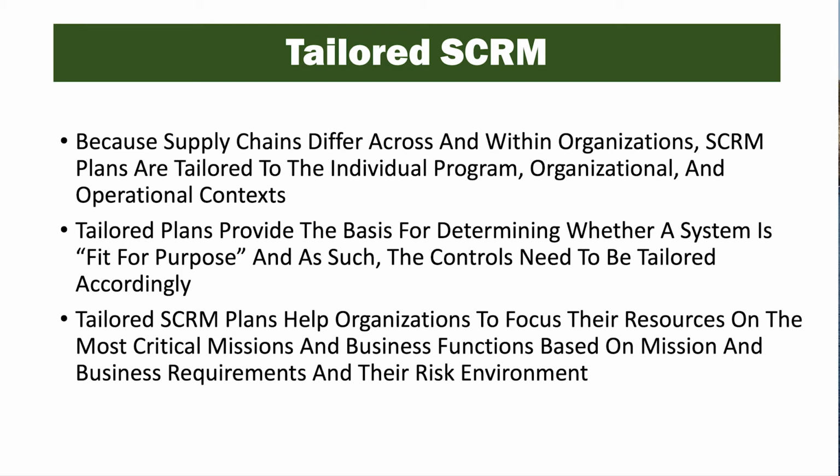In this case, we're ensuring that the correct level of controls and the correct level of mitigations are put in place commensurate with the level of risk the system will introduce to the organization. We provide more controls to those systems that introduce more risk to the organization than those systems that introduce a lesser level of risk to the organization. This is how we tailor the SCRM. We determine the risk that the third-party relationship will introduce to the organization and implement plans for control implementation accordingly.